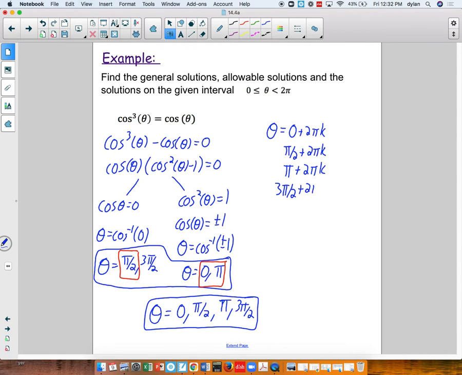plus 2 pi k. And that's valid, but it's not a very condensed way of expressing this, because if you think about these 4 points on the unit circle, so if I draw in our unit circle here, these 4 points occur at 0, pi over 2, pi, and 3 pi over 2. So basically each point occurs at a quarter turn around the unit circle. So I could, instead of having each one